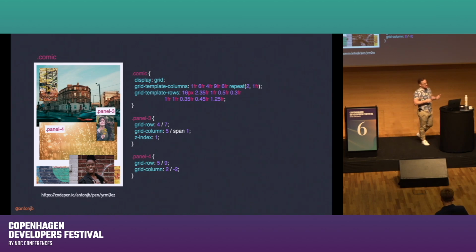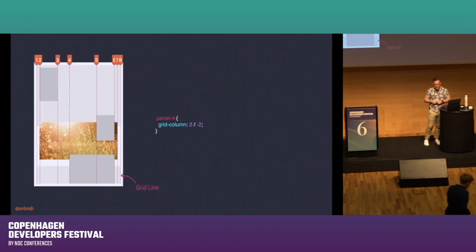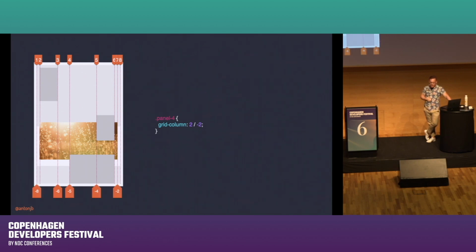And it's another handy way of positioning grid cells. Grid lines are numbered from 1 through to n, n being the number of lines that we have, in this case, 8. That's why our starting one is 2 there. But they're also numbered in reverse, so -1 through to -8. And if we know that we're going to be 2 in from there, we can just say come in